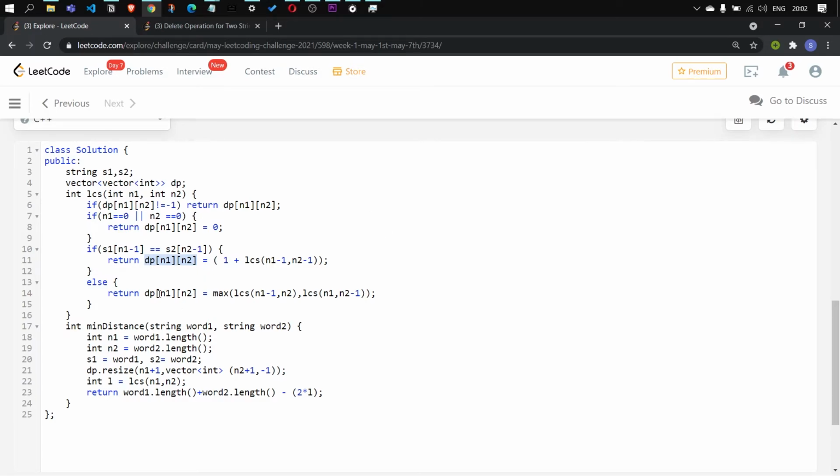You can simply use the dp array. And assume in any case the last characters don't match. Then you have two options: either you can exclude the last character of word 1 or you can exclude the last character of word 2. So that's what I'm doing. You are calling the LCS function again and you are saying, okay, the last characters didn't match, so I cannot add 1 because the last characters are definitely not matching. But now let's exclude one character from word 1. So now the length of word 1 will be n1 minus 1 and the length of word 2 will remain the same, that is n2. So you are saying consider the first n1 minus 1 characters of word 1 and the first n2 characters of word 2 and give me the longest common subsequence length.